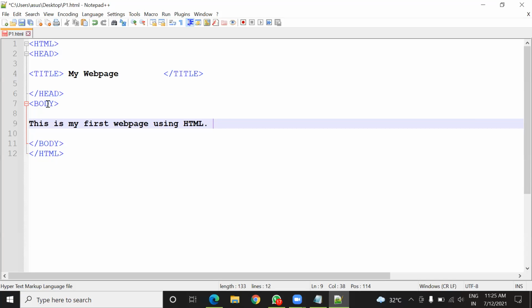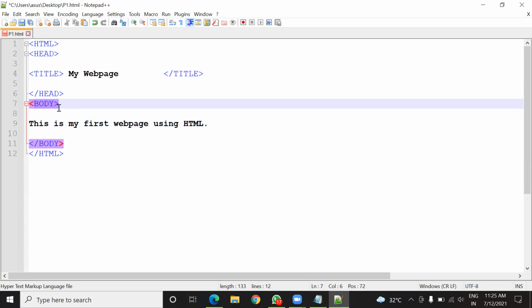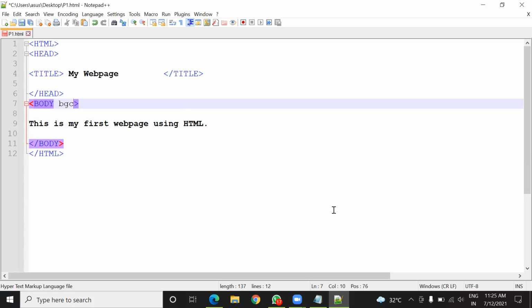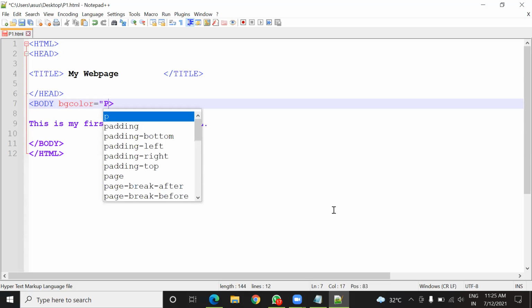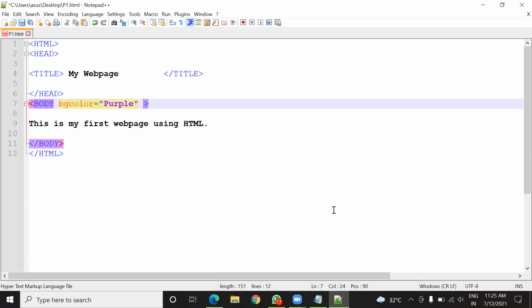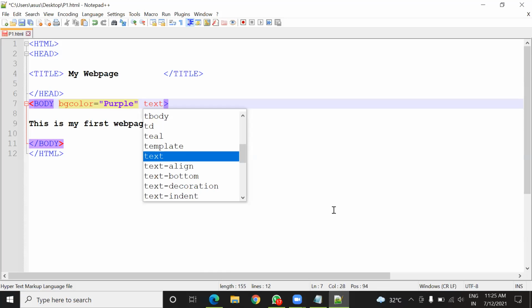Okay, now I'm going to show you the attributes that we have already seen in the syntax of the tag. So here in the body, I'm going to take one of the attributes, that is bgcolor equals to, and here I can put any color name like purple, and the text color I want white.